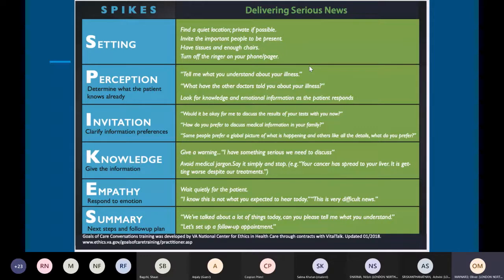What's important to understand is that for really bad news, often cancer diagnoses, patients won't hear anything after you say cancer. So it's important to give them phone numbers and places to go and to seek information, because they won't take anything in. That's been well documented afterwards. They won't necessarily take anything in.